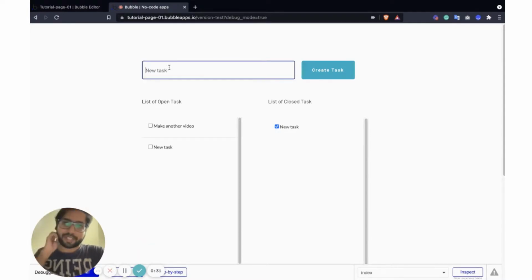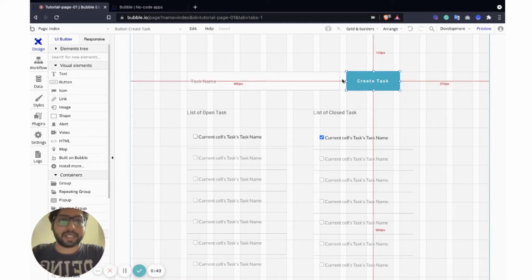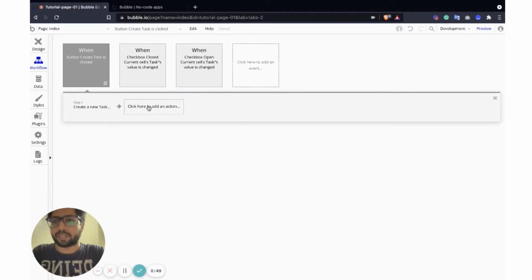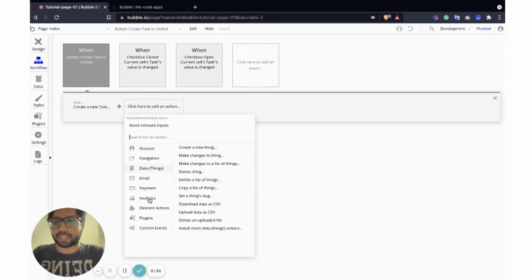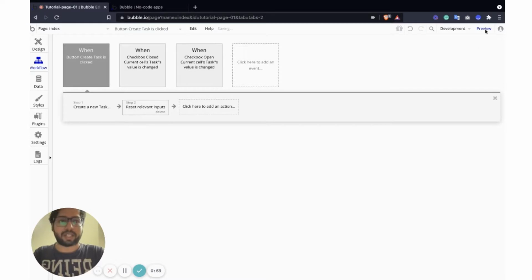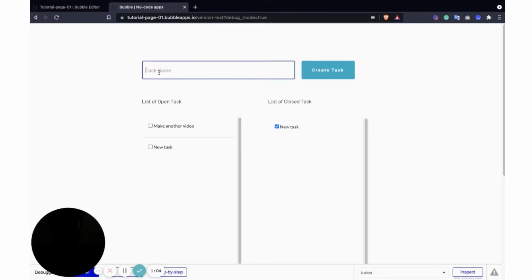If you have noticed, every time we create a new task, the last value of the task name stays here, and we have to delete it first and then enter the next value. So to reset it again and again, whenever you create a new task, we already have a workflow associated with it. So in the next step, what we are going to see is set as key element action should reset its input value. So we're just going to reset its value, and now anytime you create a new task, the input value will reset. So new task.